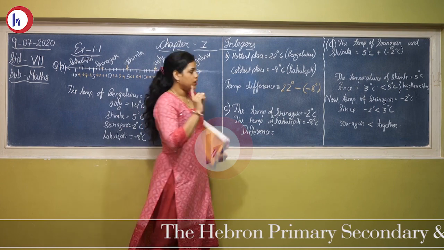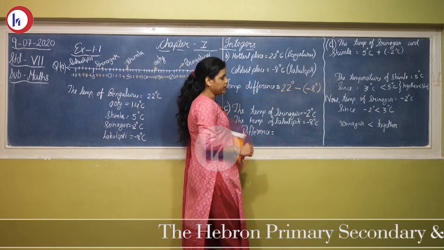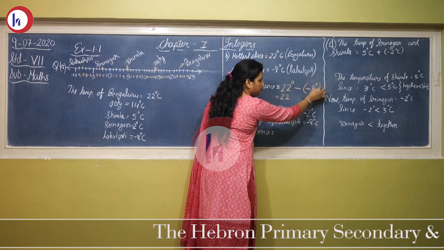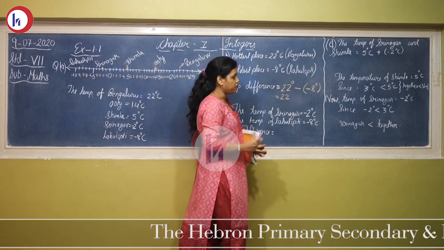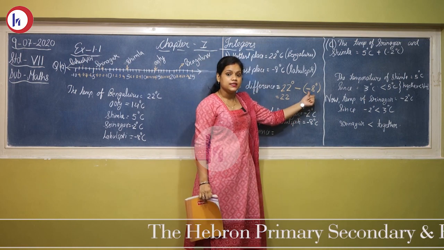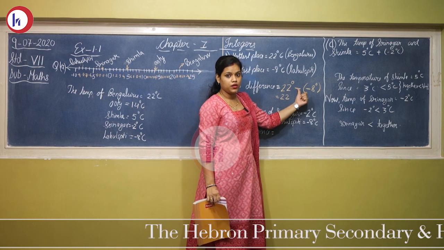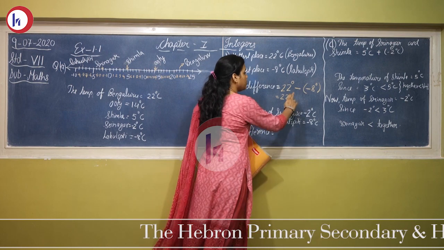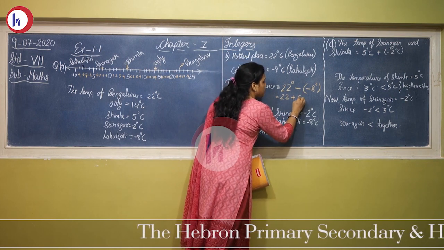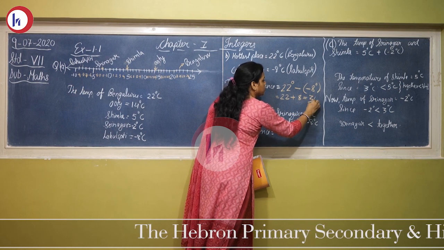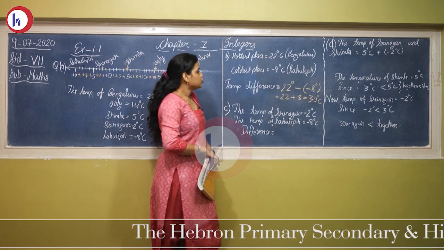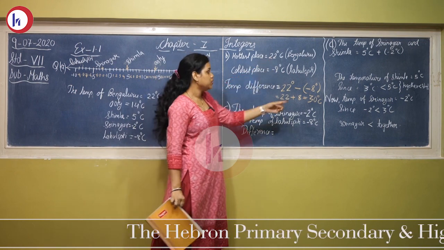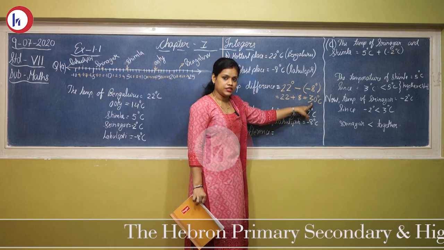So as I explained earlier, now we have to solve it with the help of integers. So what you are going to do is 22 minus into minus. Bracket means it is multiplication. Always remember, when one integer is inside the bracket and outside there is minus or plus, you have to open the bracket first and you have to change the sign. So here minus into minus becomes plus and your final answer will be 30 degree C. So between Bengaluru and Lahul Spiti, what is the difference in temperature? The difference is 30 degree Celsius.